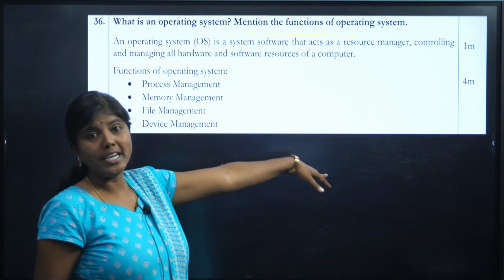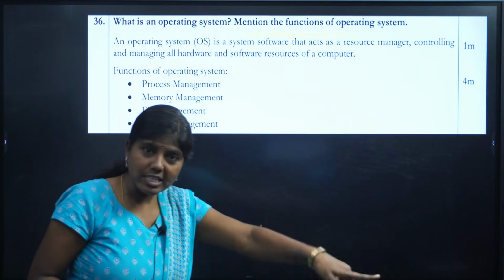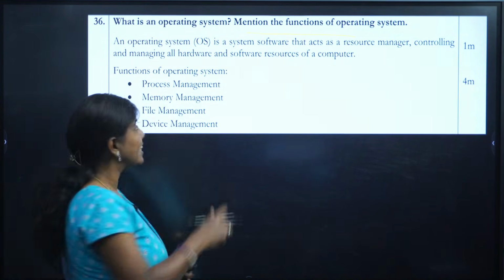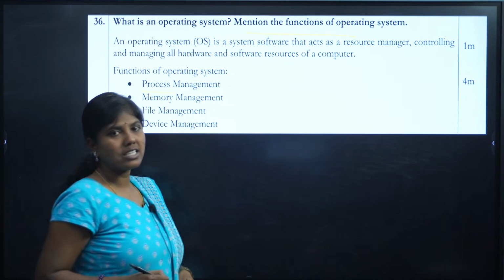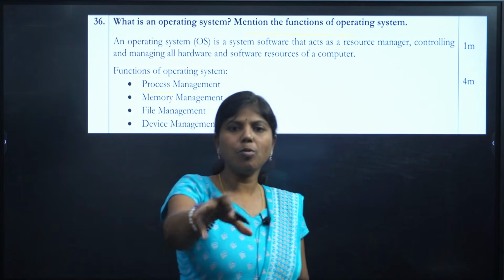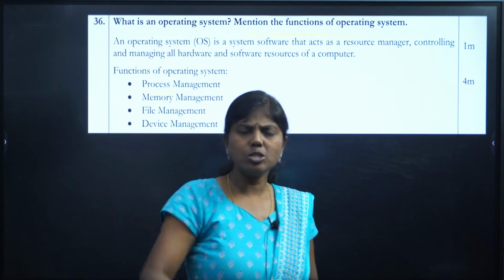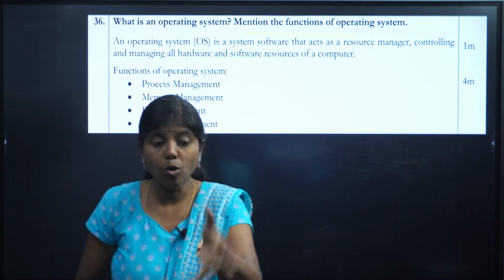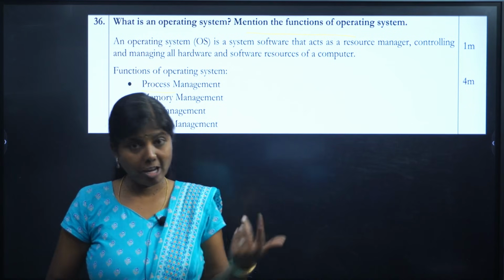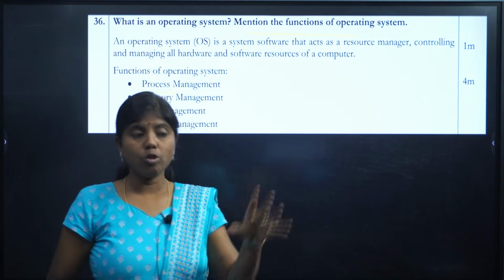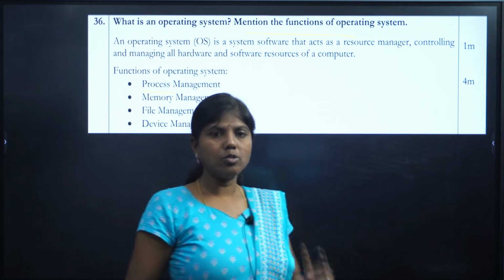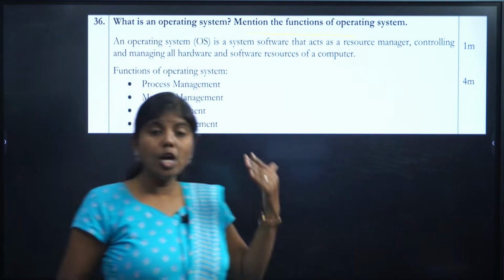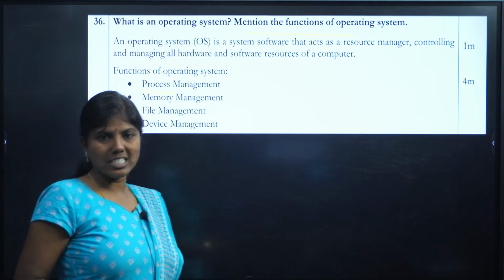Process management. A program in execution is called a process. It is not processor, it is process. Each application, any program in execution, application is a program only, no? So each program in execution is called a process. How do you manage all these applications when you're executing at a time? You want to listen to the song, you want to print something, you want to get a notification. There are so many processes happening simultaneously. So how does it manage all the processes?